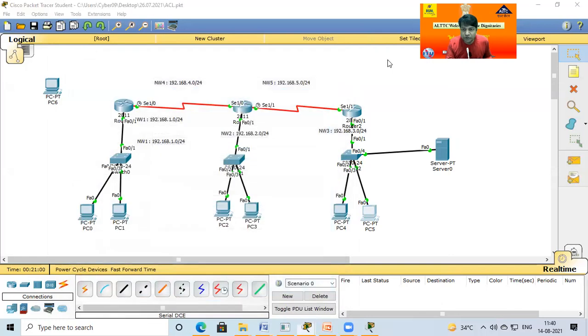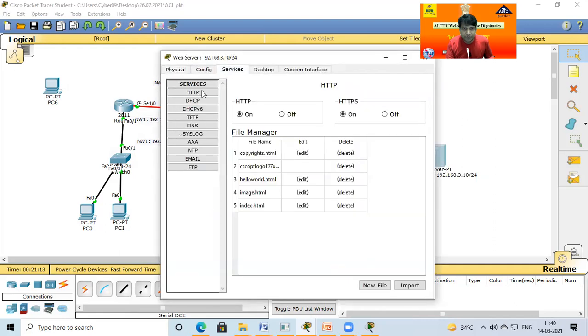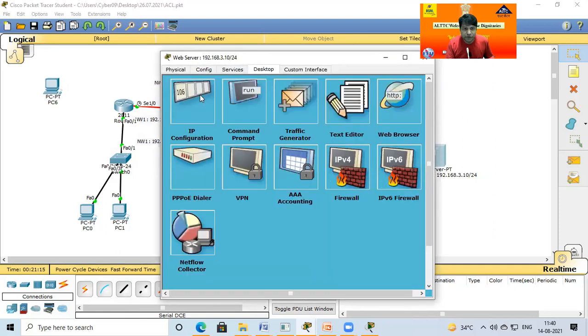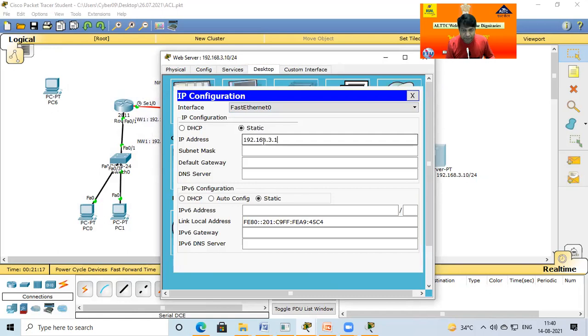And one more thing in this network, just use one web server, as per our plan. And IP allotment in this case is 3.10, no problem. So as per our planning, allotment of this IP on the desktop here is 3.10. Okay.